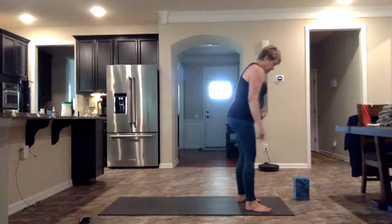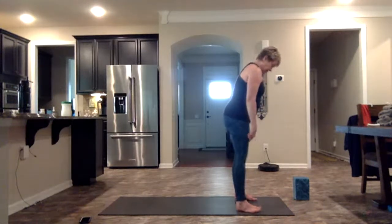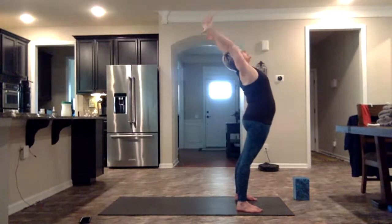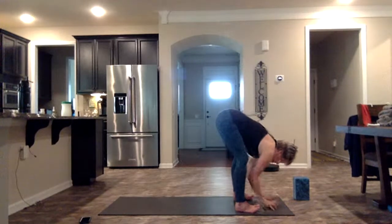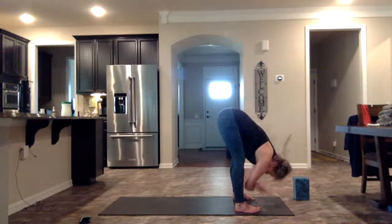Let's come back to center. Feet slightly apart, slightly further apart than this distance. Inhale up. Reach it back. Open up the heart and dive it down. Fingertips. And fold ragdoll here. Let's stretch out those hamstrings and all the